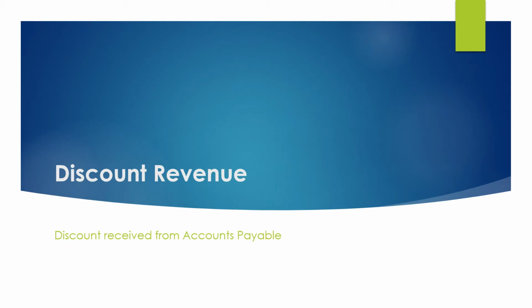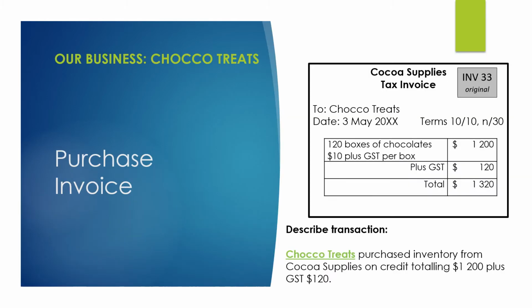Firstly, let us have a look at discount revenue, which is basically discount received from an accounts payable. In the examples that follow, we must note that our business is Choco Treats. Here's the first transaction. This is a purchase invoice, and we can see here that Choco Treats has purchased inventory from Cocoa Supplies on credit totaling $1,200 plus GST $120. Therefore, Choco Treats now owe Cocoa Supplies